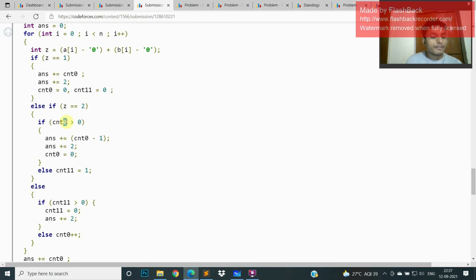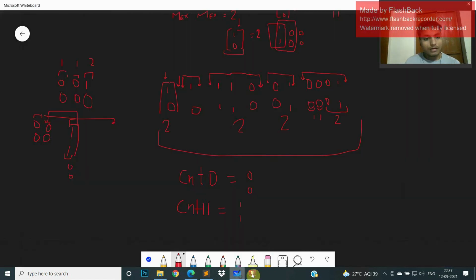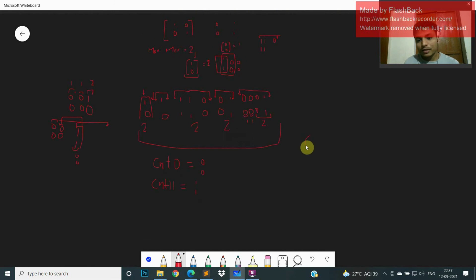If we previously encounter 0 0, then the answer will be these taken independently. Like in this case we have 0 0 0 0 and 1 1. At this point the count of zeros will be 2, and we encounter 1 1, so I will take the substring only this one, and count of 0 minus 1 will be all, and all 0 0 will be taken independently.